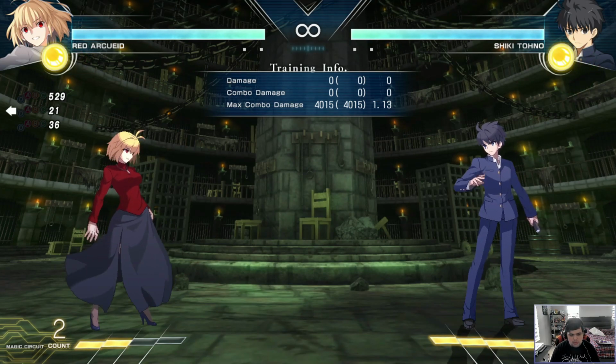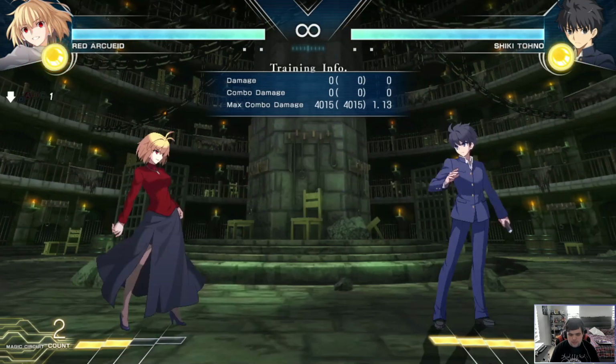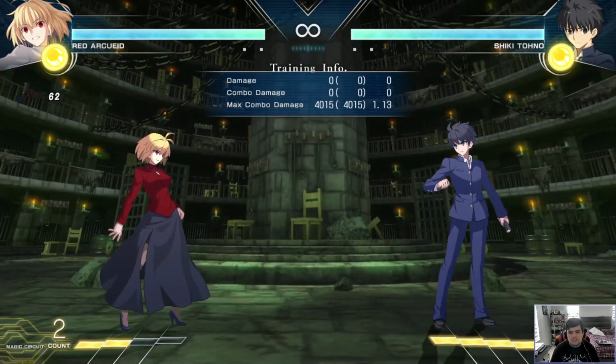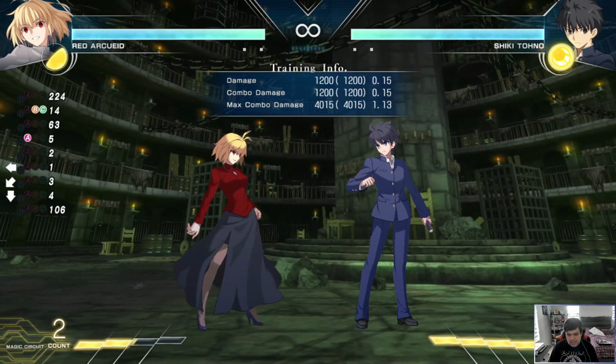So these are a little bit harder, so it might take me a couple tries. Let's see. Yeah, so you can impulse Moondraft through that, and you can also BC through it. If I can do it. It's a little bit tight on the timing. There we go. So, as you see, there are many ways that you can punish B-Shield as a zoner and